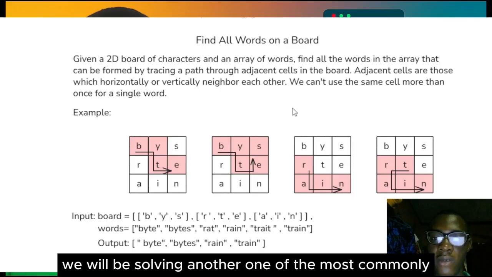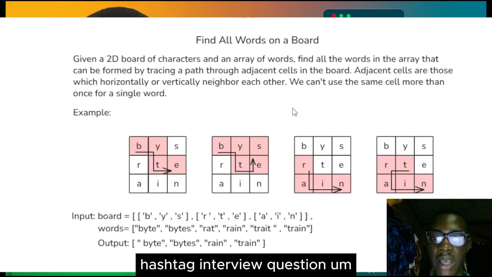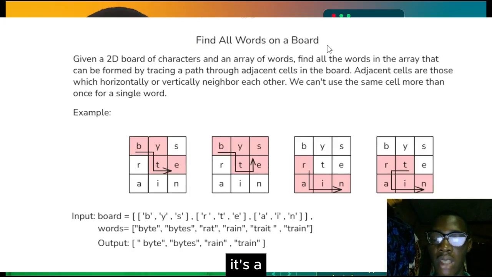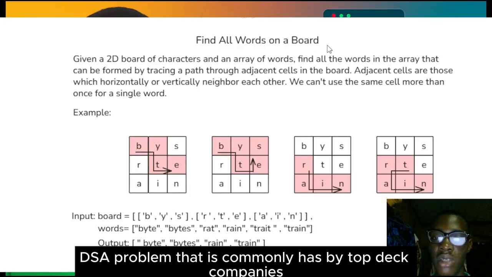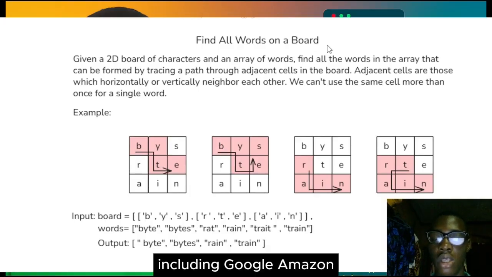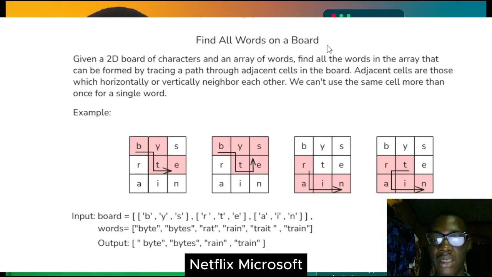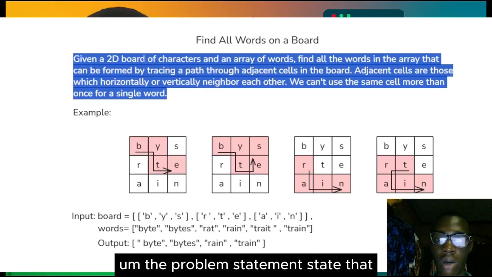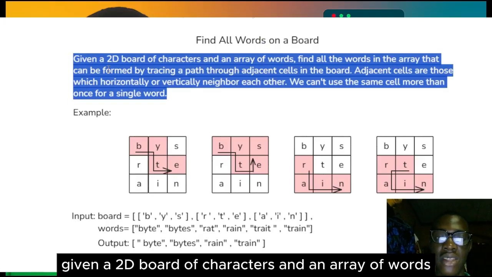Today we will be solving another one of the most commonly asked tech interview questions: Find all words on a board. It's a DSA problem that is commonly asked by top tech companies including Google, Amazon, Netflix, Microsoft, Meta, Apple, and other top tech companies. The problem statement states that given a 2D board of characters and an array of words,